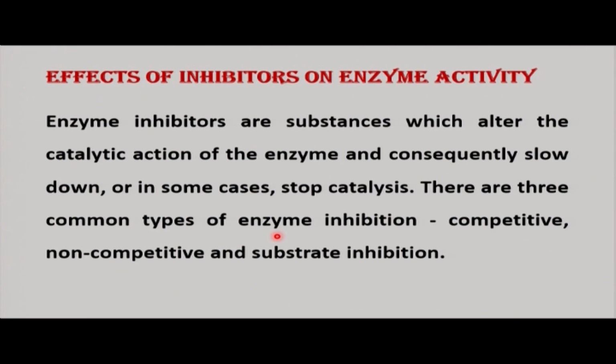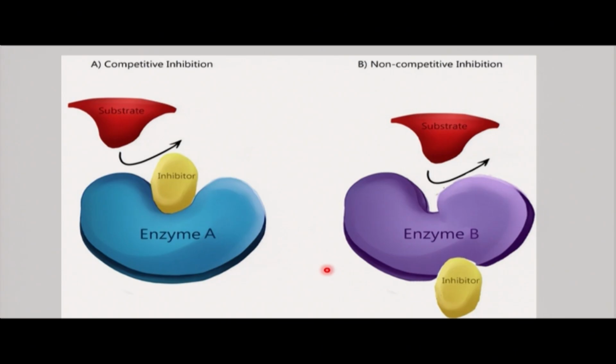site of the enzyme. Then we have inhibitors. Enzyme inhibitors are substances which change the catalytic action of the enzyme and consequently slow down, or in some cases stop, catalysis. There are three types of common enzyme inhibition. We have competitive inhibition, non-competitive inhibition, and then substrate inhibition. Let us see these